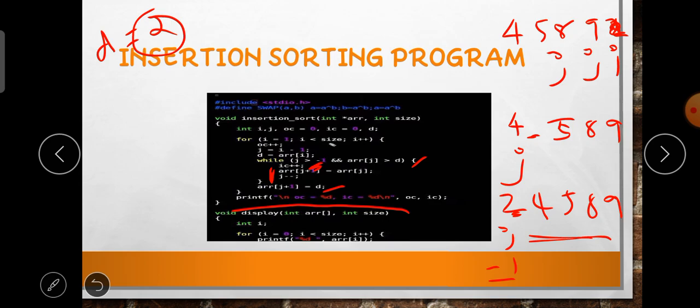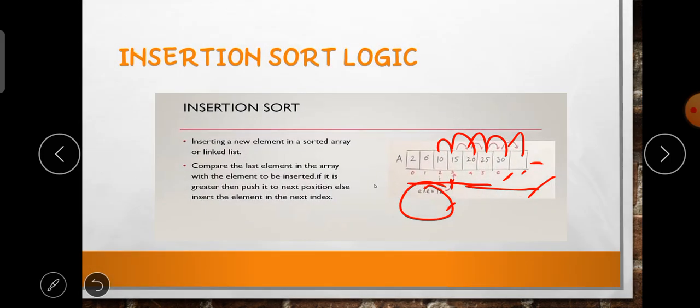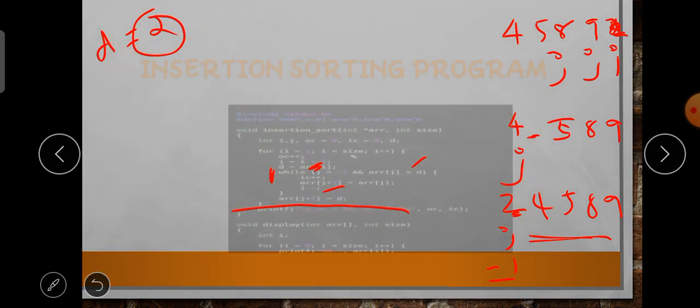It is also easy only, compared with quick sort. So this algorithm is understandable. I think it is understandable, and this logic is performing only the basics. So we know the basics of how insertion sort is working, and implementing it in the program is very easy only. Thank you.